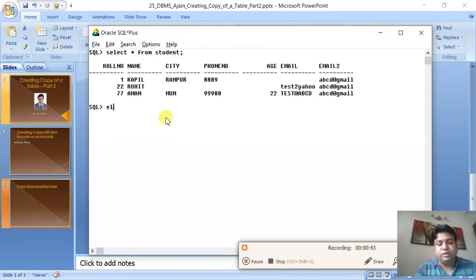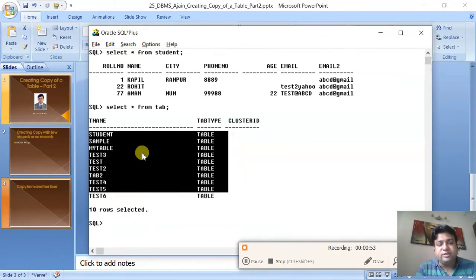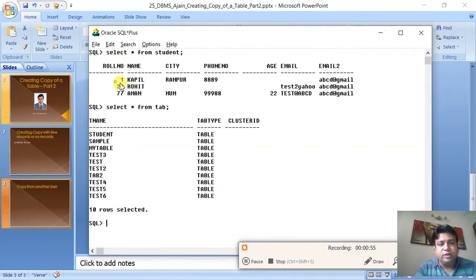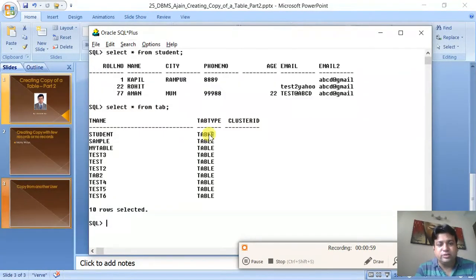Now see the list of the table. Select star from tab. You can see there are many tables, but in these tables, these all are copy of the student. There are less number of records, and I want a table which has more records, and that table is in another user.